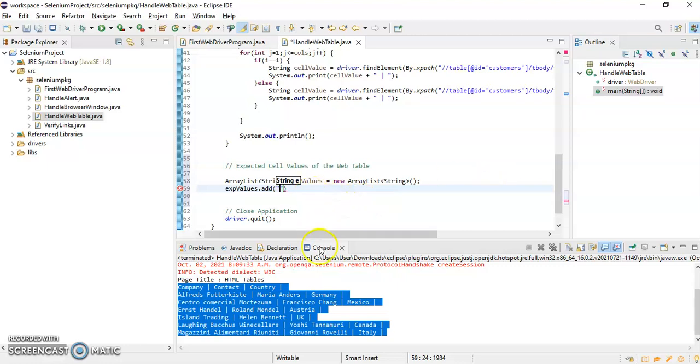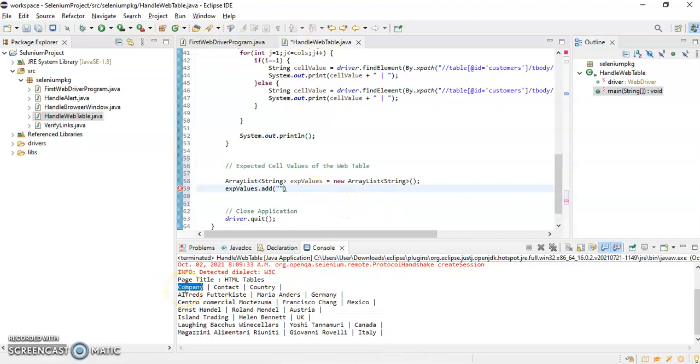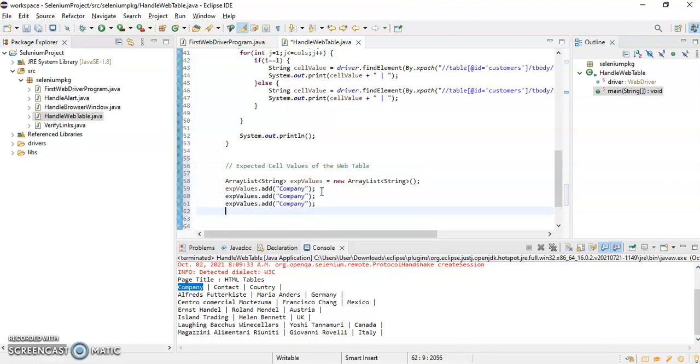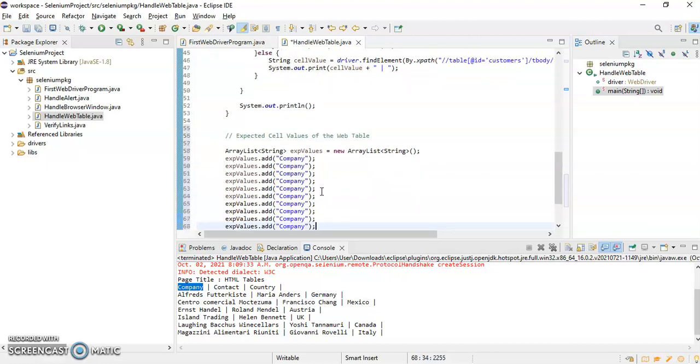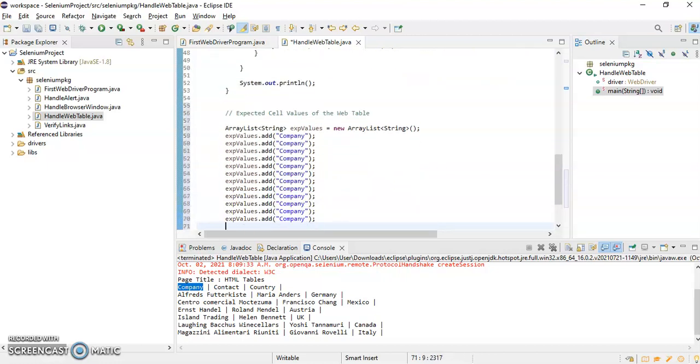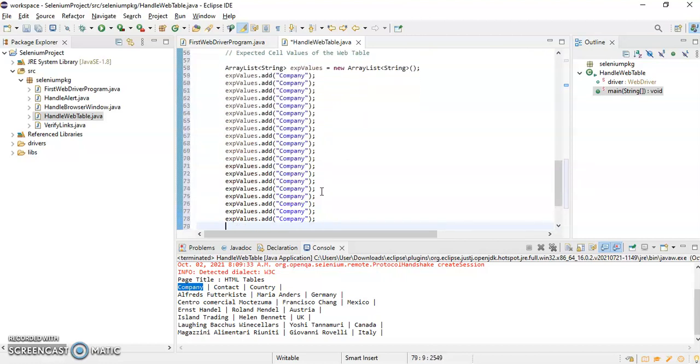So I will write like this: company. Let me create like this, and I'll just paste these values. That's it. Contact, then country.